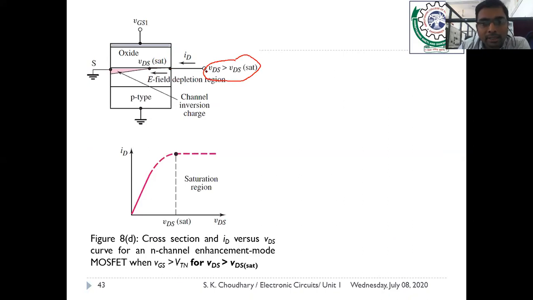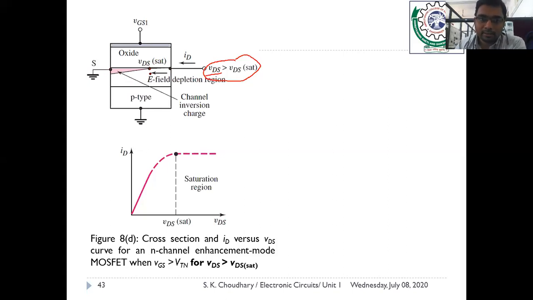And this, as you increase the VDS more and more, your channel would be narrowed down, and it is going away from the drain terminal and moving toward the source side. This is the point. Okay, but the channel depth is the same across the source terminal because we have not changed any source voltage, but the length of the channel would be decreased. This is also called the channel length modulation effect.